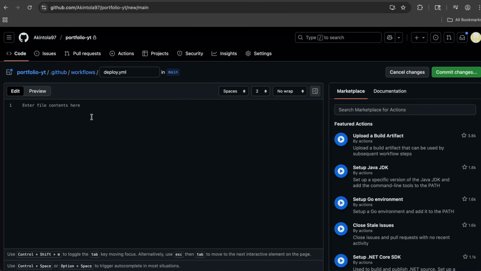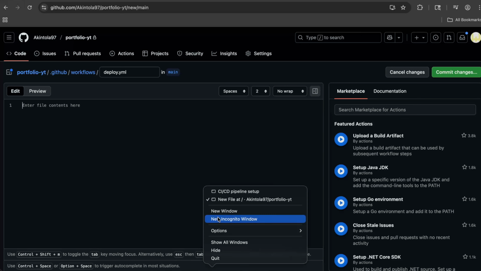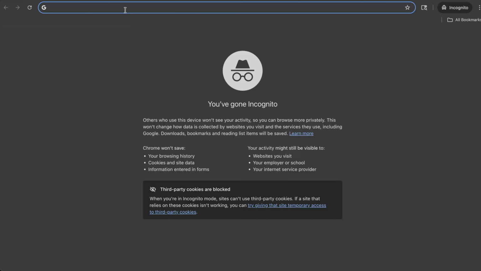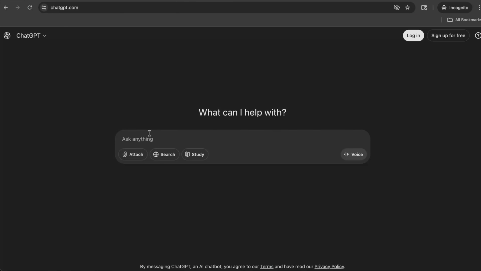Awesome. So within here, we're going to open Chrome, open a new incognito window, and then go to chat OpenAI. And here is where we're going to be using AI to basically streamline our process. So we're going to ask it, can you please create a full CI/CD workflow YAML that encompasses